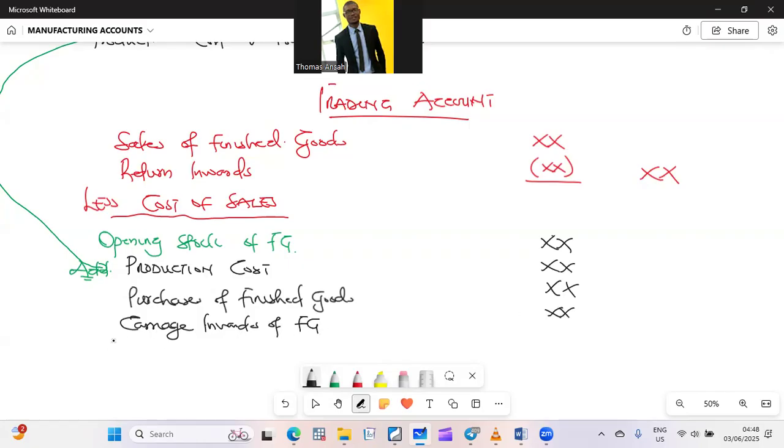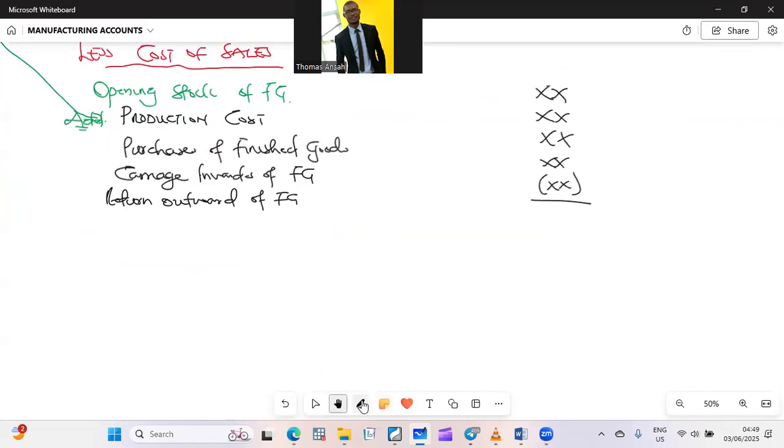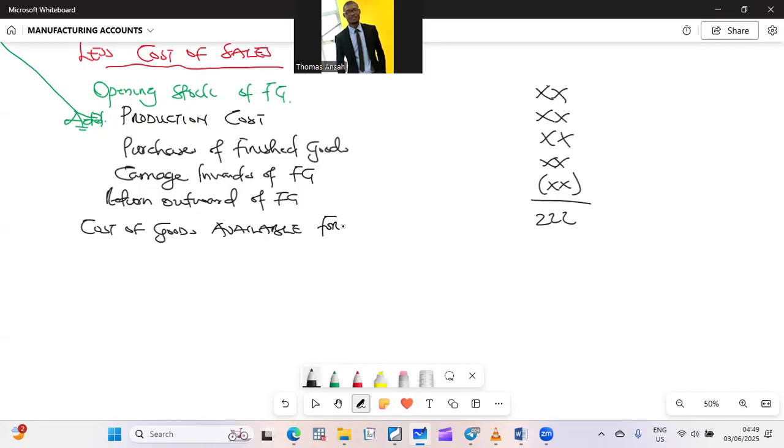Then if there is any return outwards of that finished goods, the purchases they did, you take it out. So now you remember this part, all right, where you will be getting what you have here is what? Cost of goods available for sale,